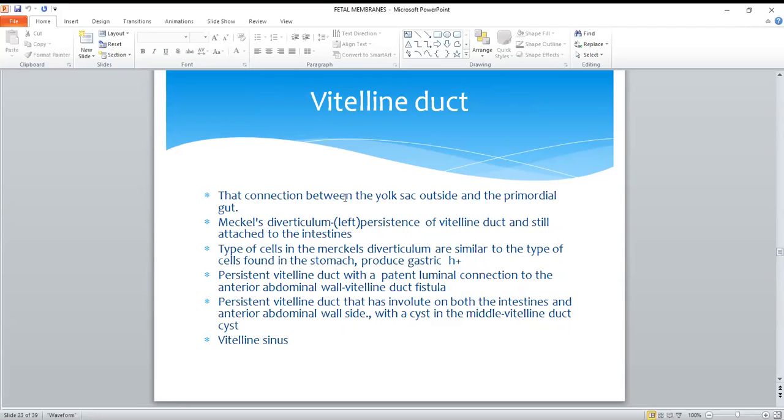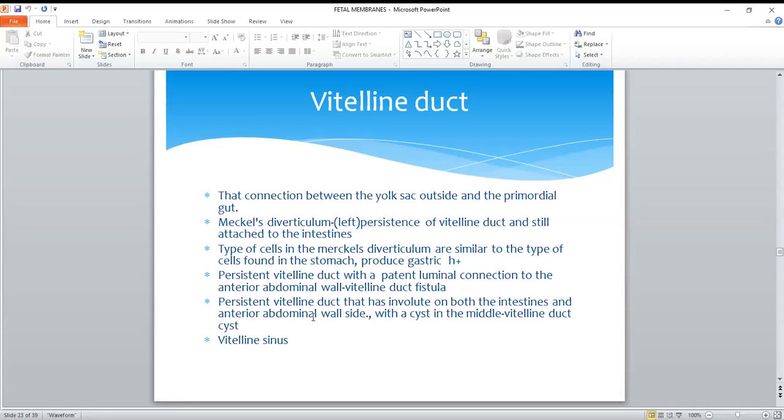So the connection between the yolk sac outside and the primordial gut. So yeah, this one. So point number one, two, three, four. Point number four: persistence of a vitelline duct with a patent luminal connection to the anterior abdominal wall results in